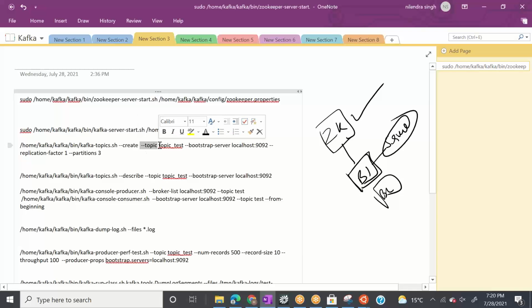Then we need to give --topic name. Then we need to give where our brokers are. So the broker address is given by the property called bootstrap-server. And then we will give the broker server here.